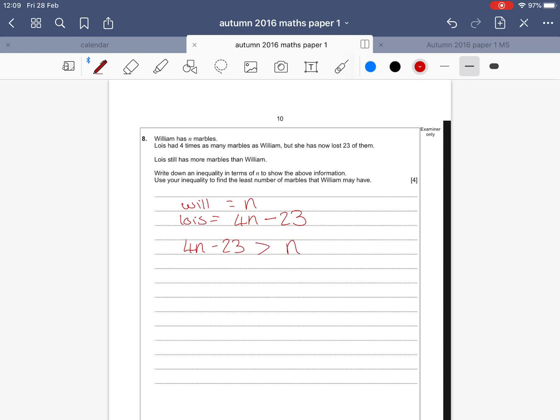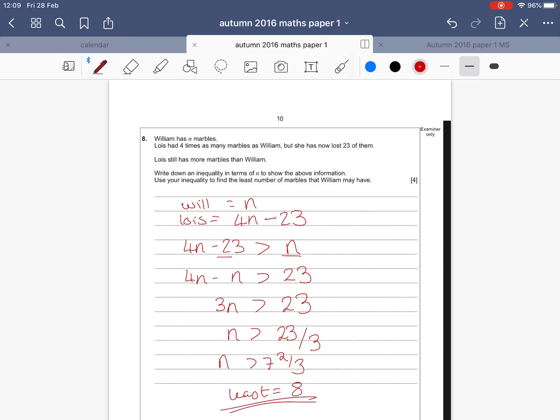Now I just want to solve to find n. So I'm just going to swap my 23 and n around. So 4n minus n is bigger than 23. So that is 3n is more than 23. Therefore n is more than 23 over 3. So how many 3's go into 23? 7, left with 2/3. Obviously you can't have 7 and 2/3. n has to be bigger than 7 and 2/3, so we need to round up, so the least number has to be 8. So he can have 8 and she would still have more than him. 4 lots of 8 take away 23 still gives you more than